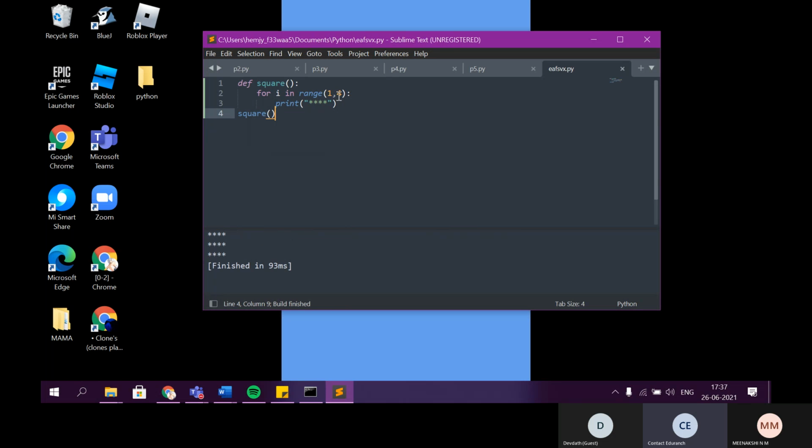Only 3 times. So do I make it 5 now? Yeah. See, range always. Does it look like a square? If it is not, increase the width, one more asterisk, not rows, the number of rows.